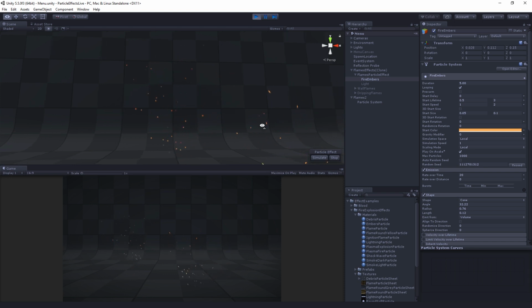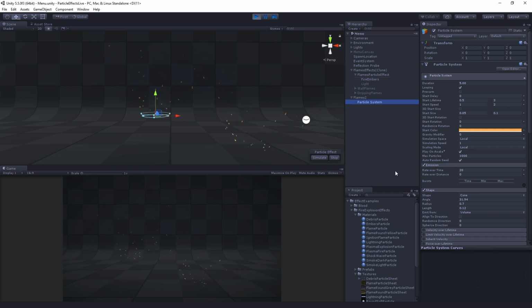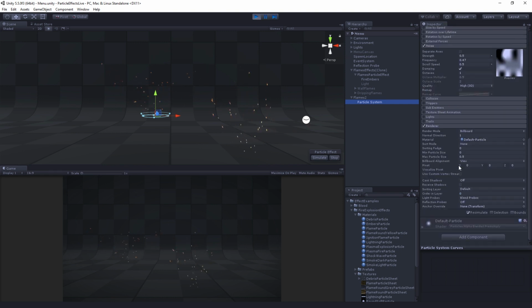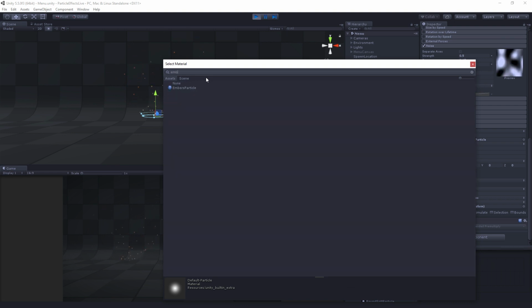The only difference is a little in the texture and the renderer. You can see there's a little stretching going on, which looks very nice. So let's go and fix that. We're going to go back to our particle system that we're working on, and then in the renderer, we just have a nice, simple embers particle material. You can see that's really just another dot, right? Just slightly different,